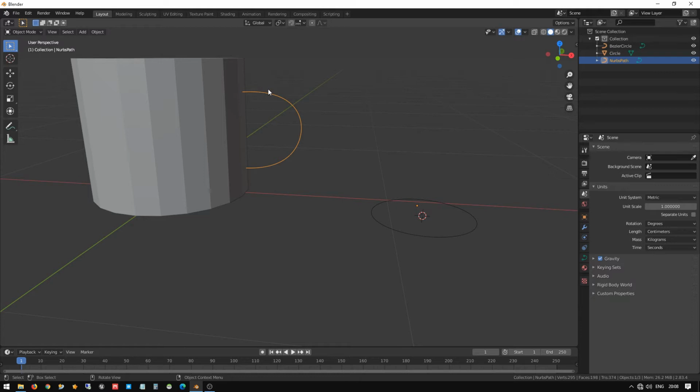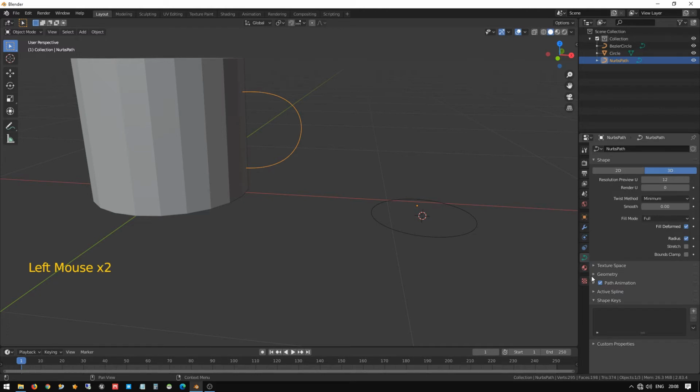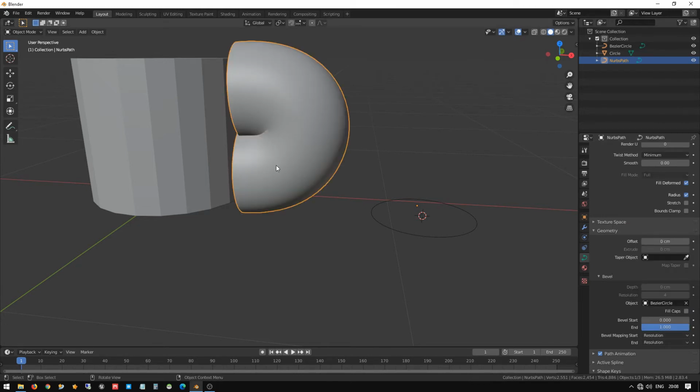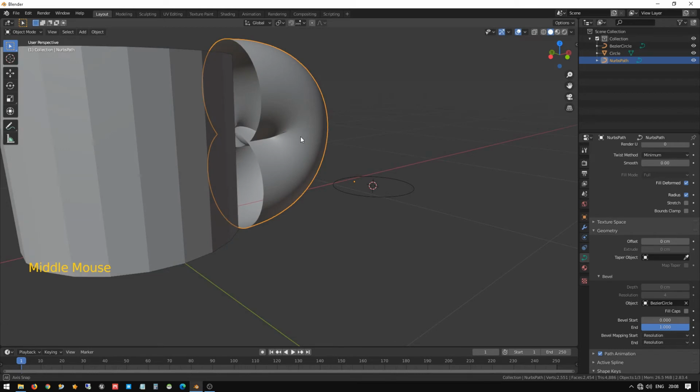How we are going to do this is: click the curve path, go to the green curve icon, select that and click on Geometry. Here we can see the Bevel properties. Here is the object, select the object. We are going to select the Bezier circle.